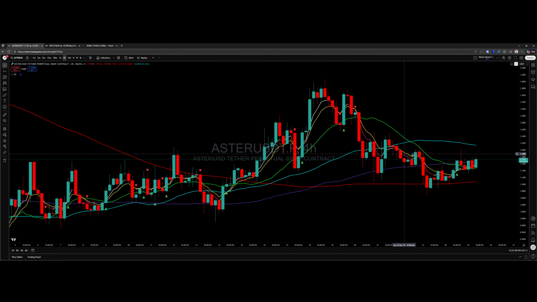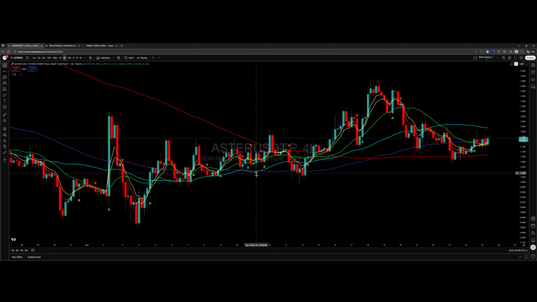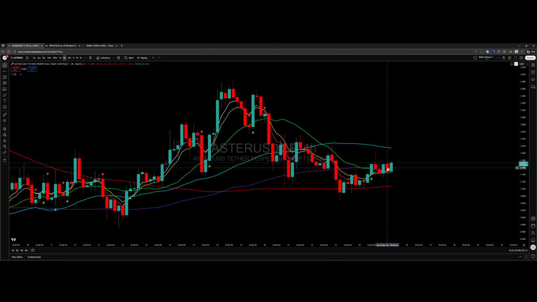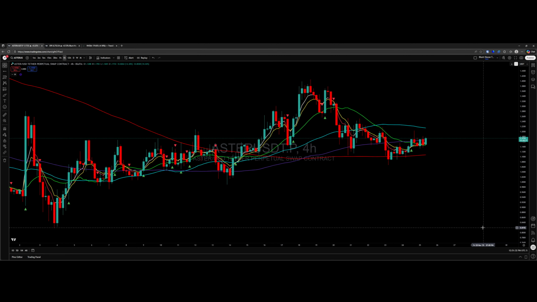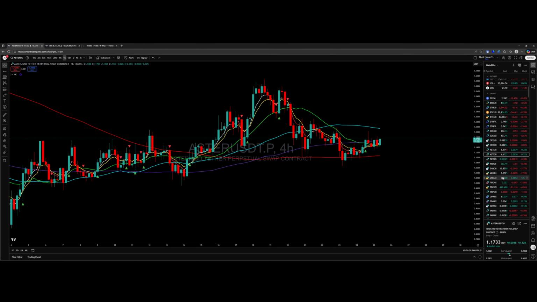And in this case, it would have been the first one you've seen in a while, so you'd be excited to take it. Is it the one that's going to run and take out this high? We don't know, do we? We just don't know what comes after the current candle that you're working on, but you can determine that you're on the right side of the trade because the trend is in play. The trend is intact to the upside. And that's what we want to be able to do. We want to be able to get you in a trade at a safe time so that it becomes that safe, profitable entry.